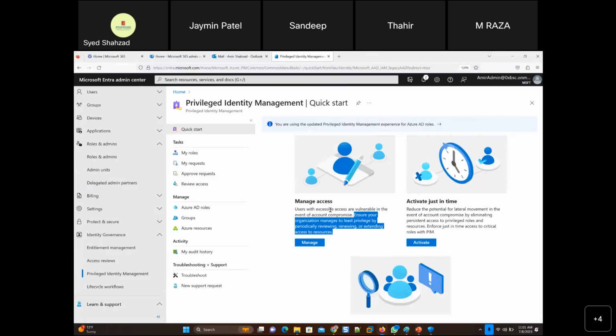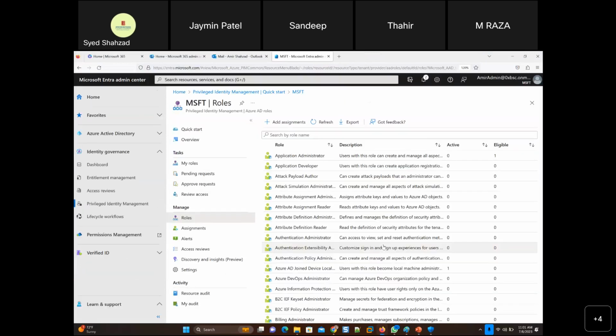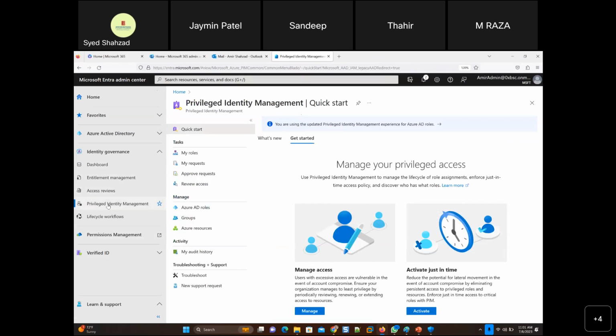Let's move forward. So manage access. So privileged identity management, there's manage access. I'm going to click manage here. And what happens here is, I may have shown you before, when you're giving higher privilege to anyone, you go to privileged identity management first and then go to Azure AD roles.